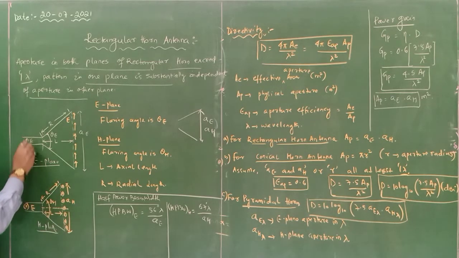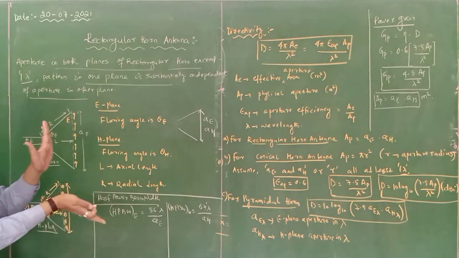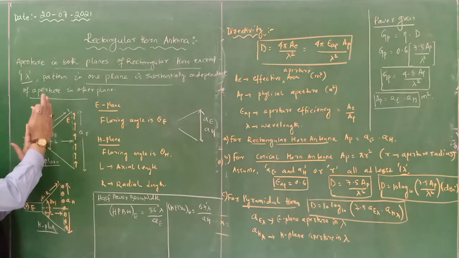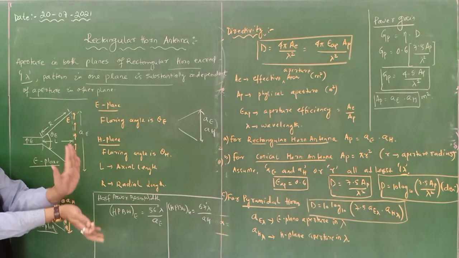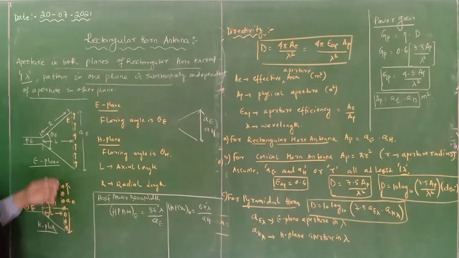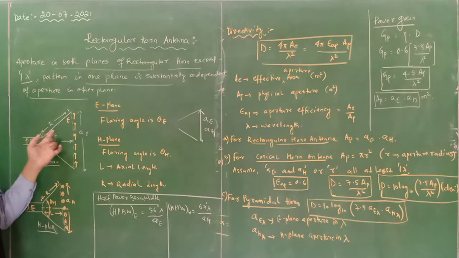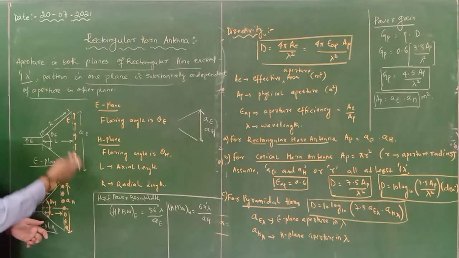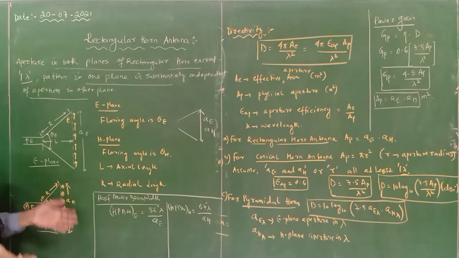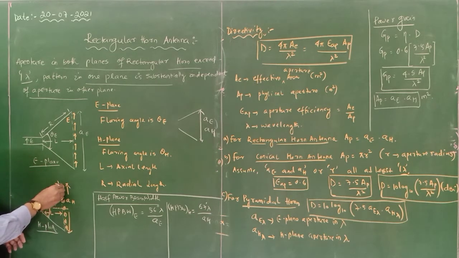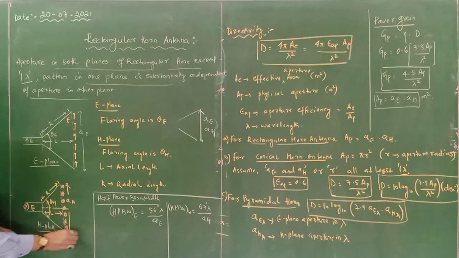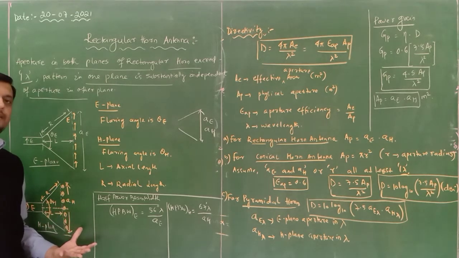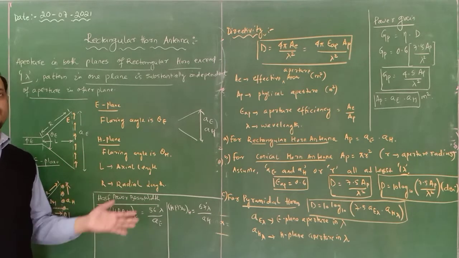Here the electric fields are moving upward, so it is vertical in nature. If the electric fields are in a vertical position, that means the flaring is vertical, and I can say it is called an E plane sectoral antenna. Similarly, if it is horizontal, the electric fields are moving into the page, identified by a cross with a circle. So this aperture becomes AH. If it is AH, this whole structure represents our H plane sectoral horn antenna.